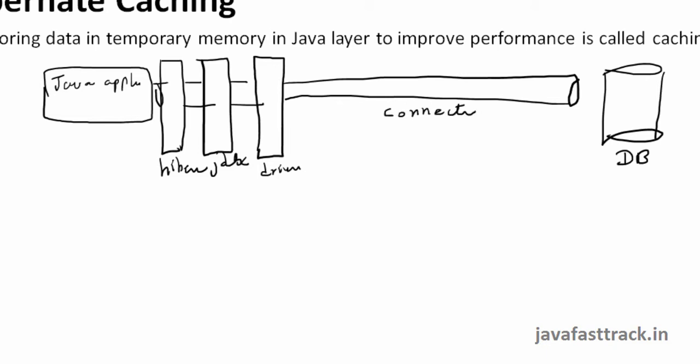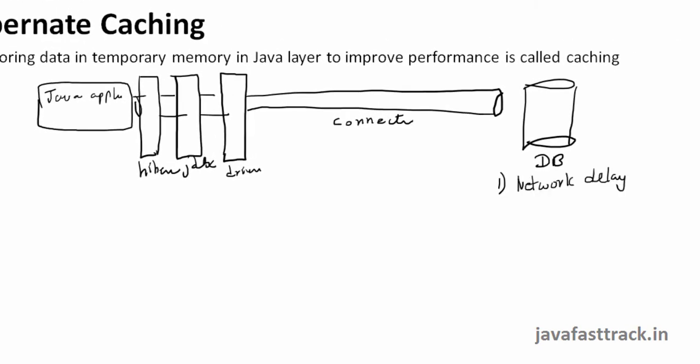Now for the Java application to send SQL queries to the database, and for the database to compile the query and return the result, it is going to take more time. The database might be on the same machine as the Java application, or it might be on a remote machine also. So the problem is, for the Java application to connect to a remote database, it will always take more time for the data to get transferred over the network.